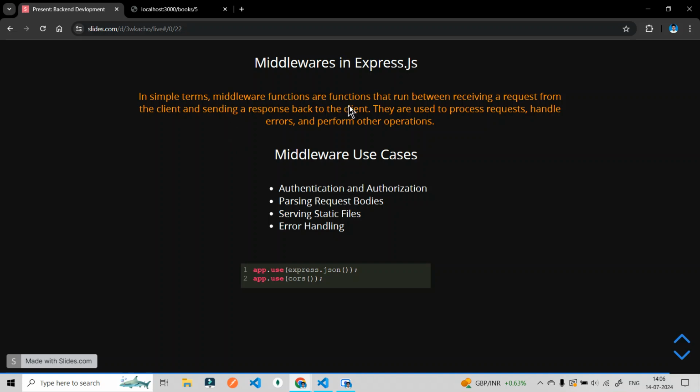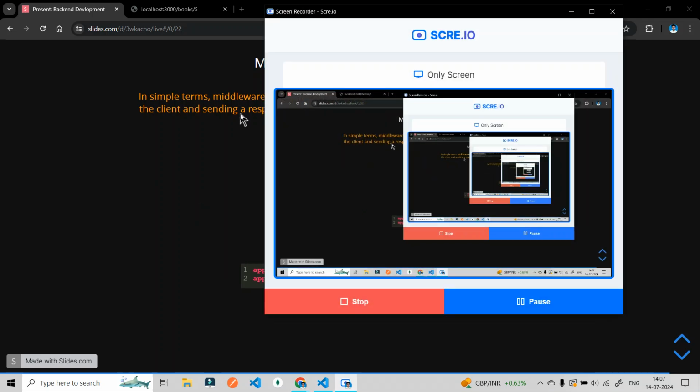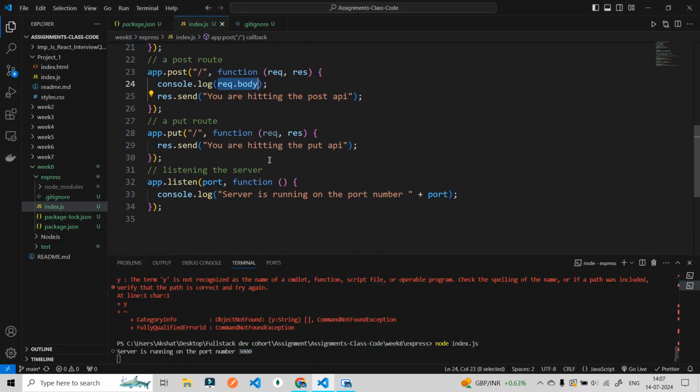So middleware functions are the functions that run between receiving a request from the client and sending a response to the client. They are used to process requests, handle errors, and perform other operations. Let's see what that means. Now here